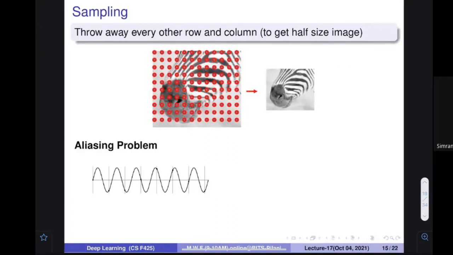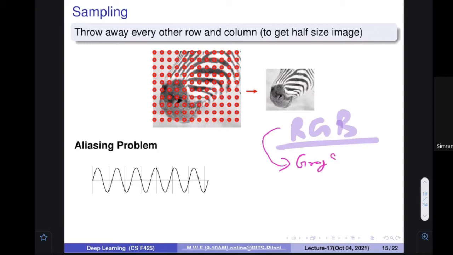However, this is a good idea. Actually, most of the time we do it. But if you have an RGB image, an image having 3 channels, and you want to do the processing, in nearly all cases people convert it to grayscale. So by converting it to grayscale, 3 becomes 1.